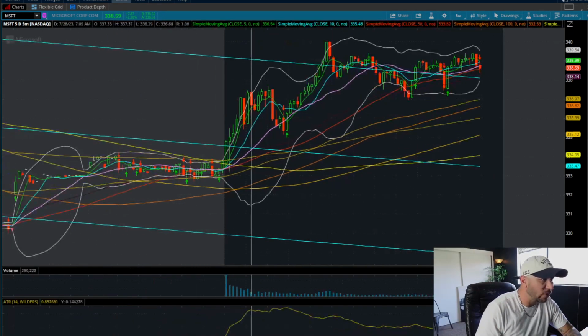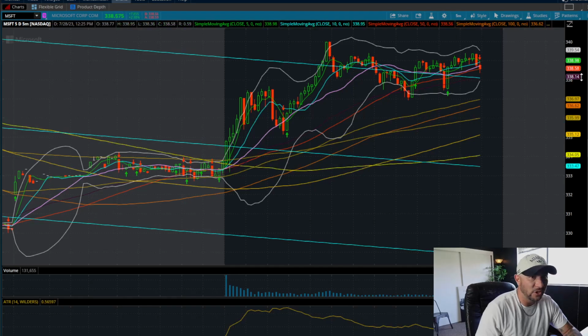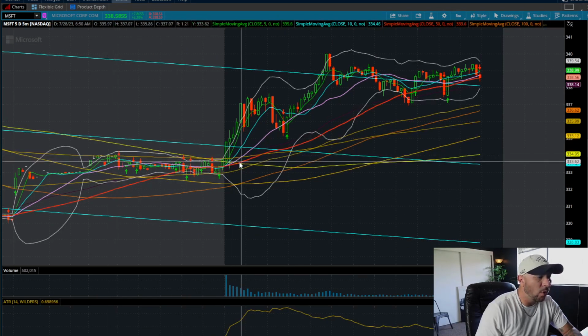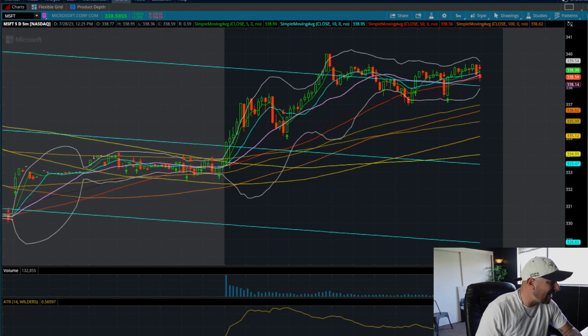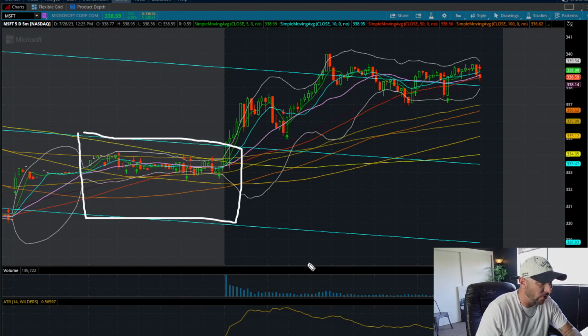I put Microsoft in the watch list today in the gold members chat room. What am I looking at on Microsoft? Same thing. I'm looking at the pre-market action, not a whole lot going on. I start looking at the pre-market highs, which is here, and this linear regression channel. Notice where all of my moving averages are. All of my moving averages are in this channel.